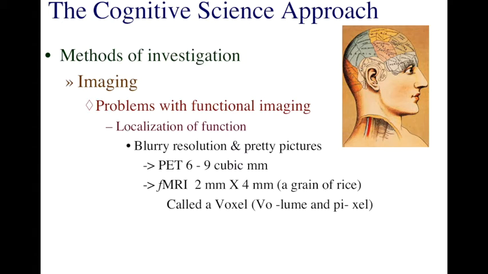Now while that may seem like a pretty small piece of brain, neurons are small. One voxel can contain millions of neurons. And of those millions of neurons, you would have to have a lot of them light up and be active for the fMRI to be able to pick it up. What if within that set of millions of neurons there are smaller cell assemblies of neurons that might be quite active, but because you're measuring across millions of neurons, it would be very easy to miss the activity of these smaller cell assemblies.